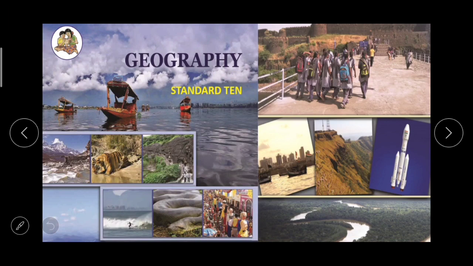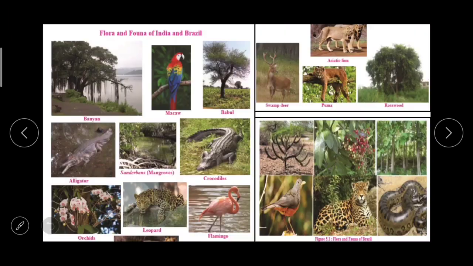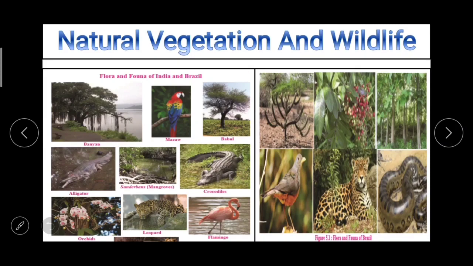My dear students, today in Standard 10's Geography, we'll be learning the topic Natural Vegetation and Wildlife. As in this standard and in the textbook of Geography, we are studying about India and about Brazil. So today also we are going to talk about the natural vegetation and wildlife of Brazil and India. But here the thing which we should know,